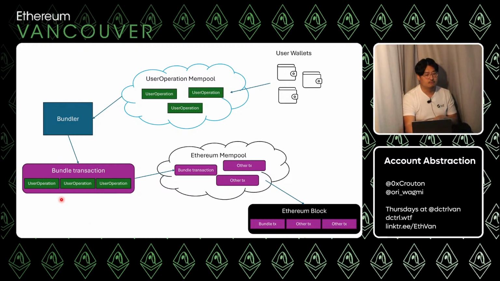So user ops are like, you have a bunch of transactions and you wrap them into one big transaction. That big transaction is signed by the bundler and given to the entry point contract, and the entry point contract opens it up, takes out each individual small user operation transaction, and then executes it.